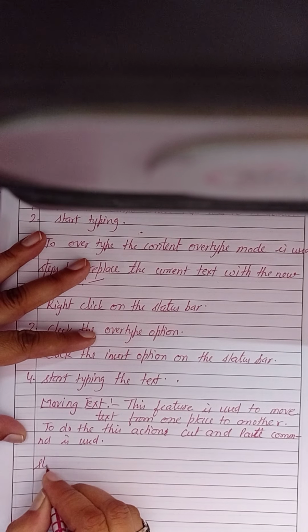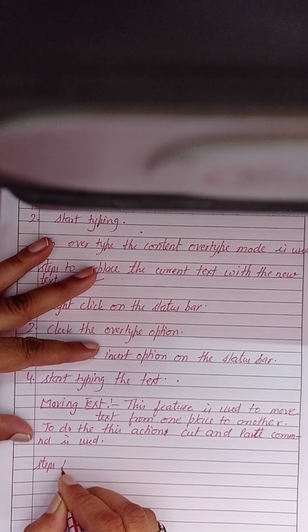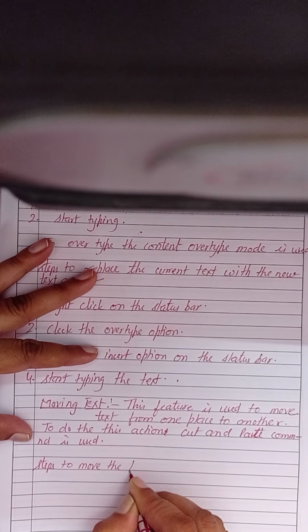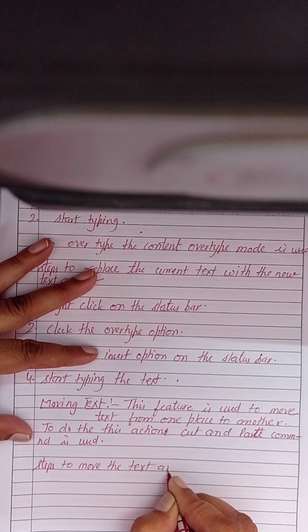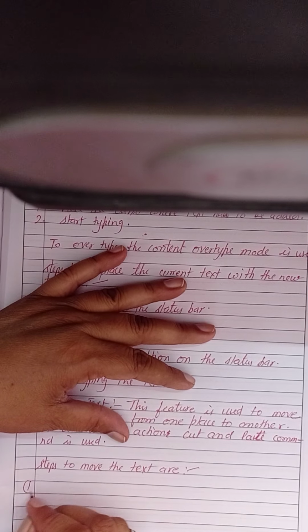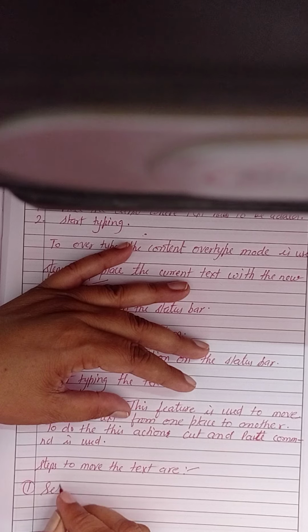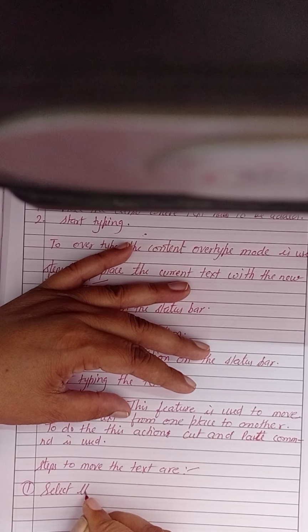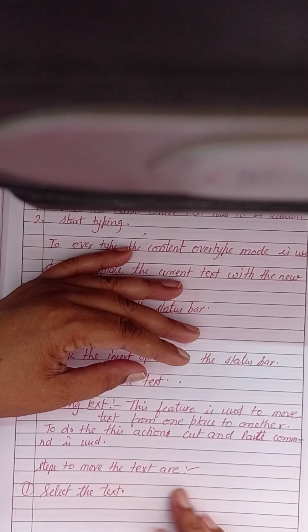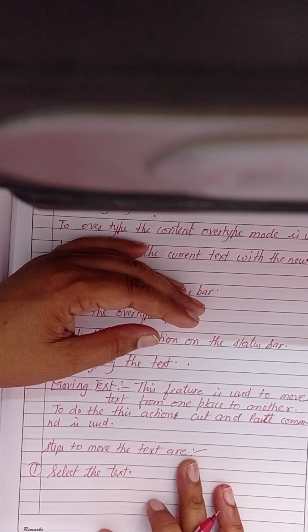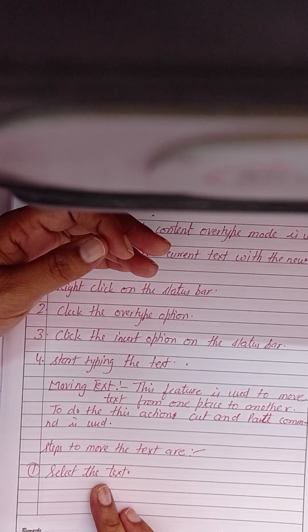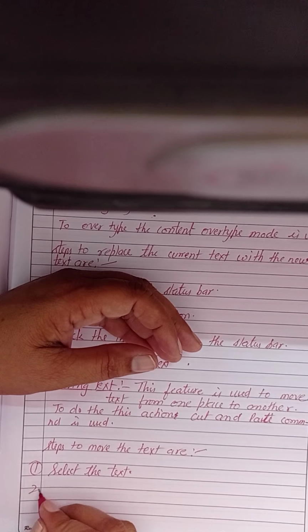Now steps to move the text are: first of all we have to select the text. आपको वो टेक्स्ट सेलेक्ट करना है जिसको आप मूव करना चाहते हैं. ठीक है, विद द हेल्प ऑफ माउस और कीबोर्ड यू कैन सेलेक्ट दिस टेक्स्ट. आफ्टर इट